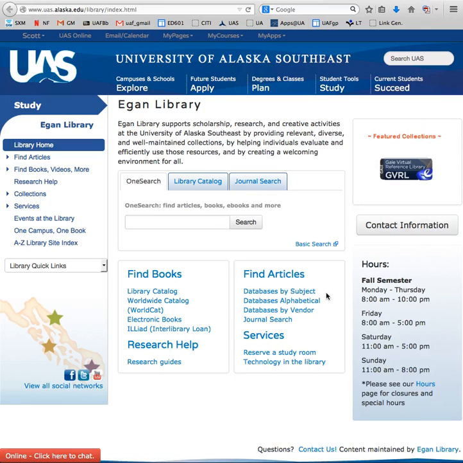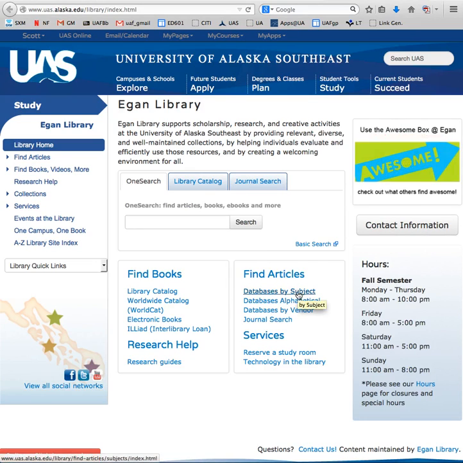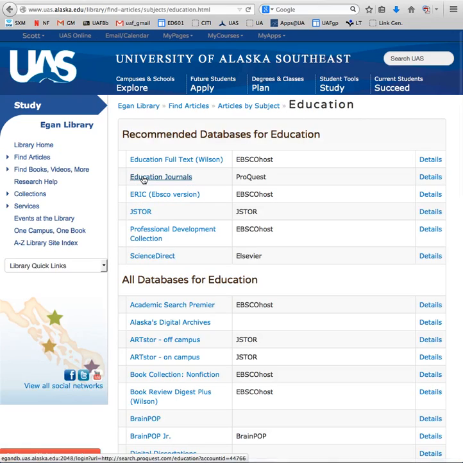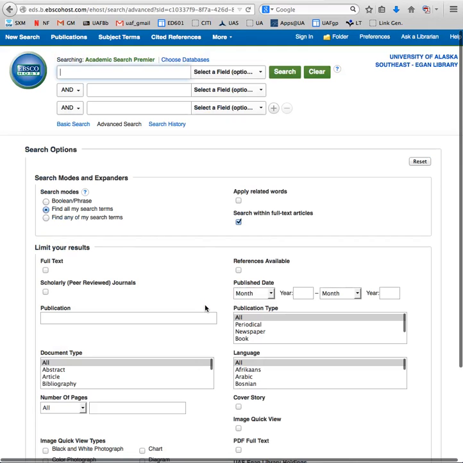And then over here where it says find articles, you can do databases by subject. I recommend you do education. And then you can see a bunch of databases that you can search for education. One of the best is Academic Search Premier. It's not listed at the top under education, but it's a very powerful search engine that goes across a whole